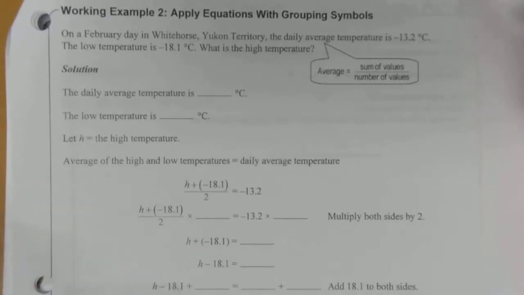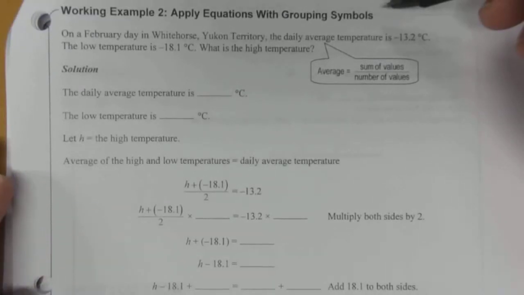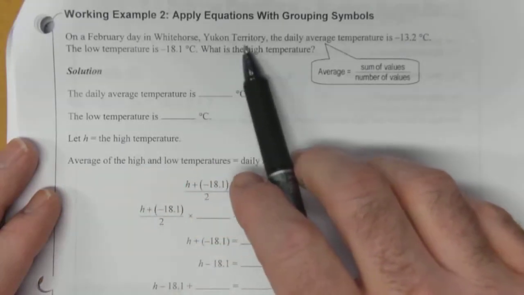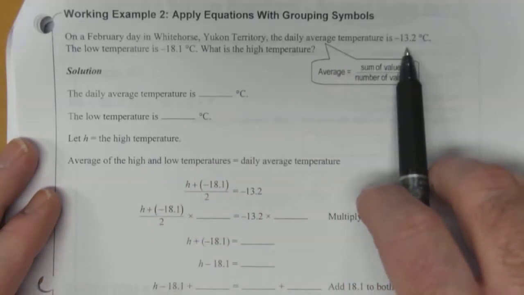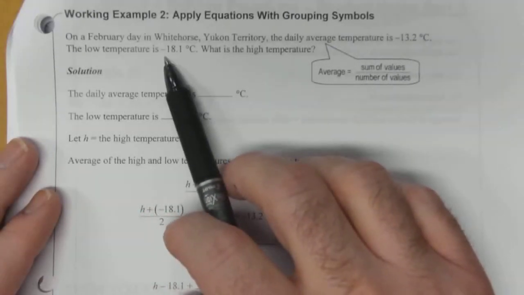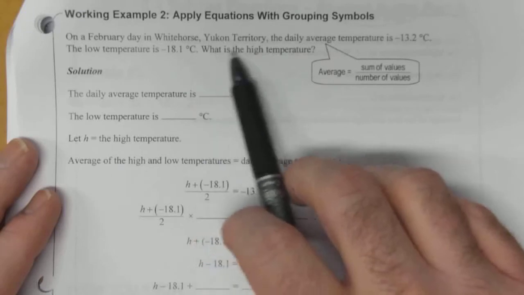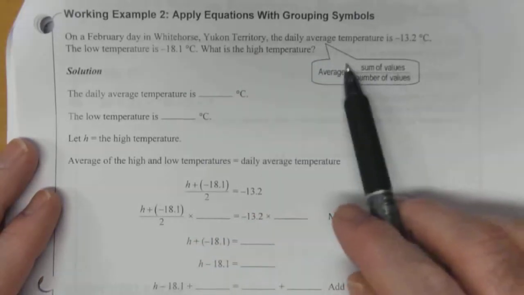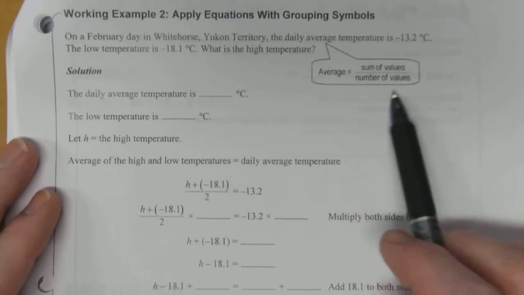Example number 2, applying the equations with grouping symbols. On a February day in Whitehorse, Yukon Territory, the daily average temperature was negative 13.2 degrees Celsius. The low temperature is negative 18.1 degrees Celsius. What's the high temperature? The average is the sum of all the values divided by the number of values